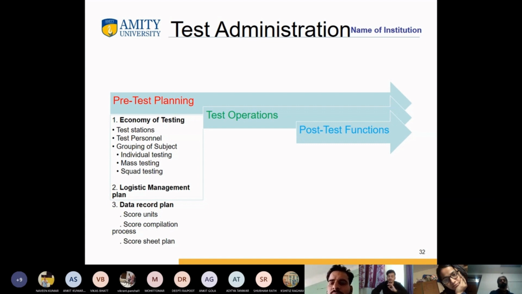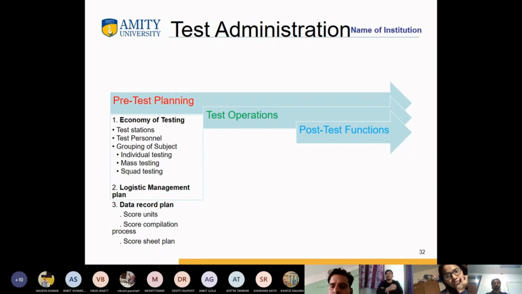And then surely along with that, you will also talk about the recording. How are you going to record the data? When you have a group of 50, 40 odd students to test, how are you going to score? Every person is scoring on their own sheets, but it doesn't work. Then how are you going to compile? Everyone's scoring sheet is in a different format because there was no pre-test planning to have a common format. So this planning also needs to be done.